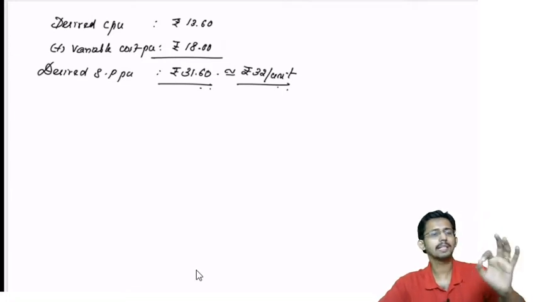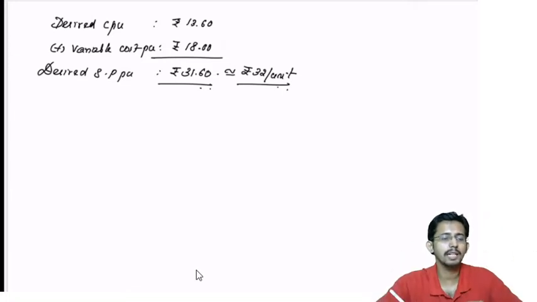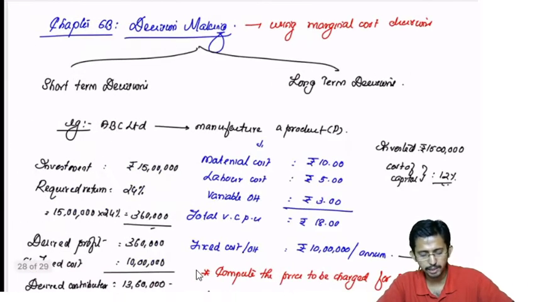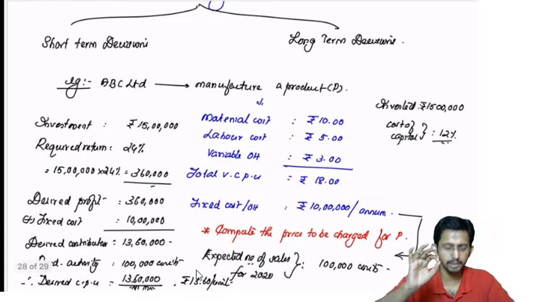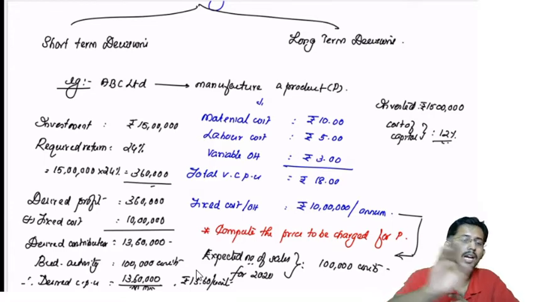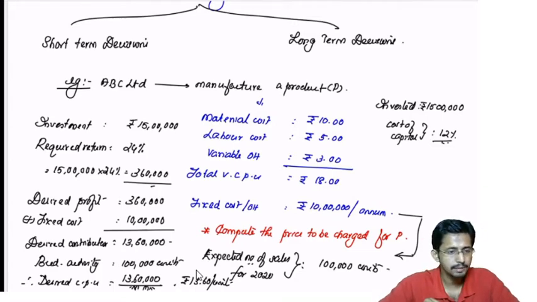Okay, is it clear? This is how you fix the price, selling price for your product. You are getting 32 rupees. Now, somebody is asking you some justification why you have quoted a rate of 32. Somebody is asking you, see, what you are incurring in fixed cost is 10 lakhs rupees. Okay, that also you have charged to the price. Am I right? Okay, you have charged this 10 lakhs fixed cost also into the price.